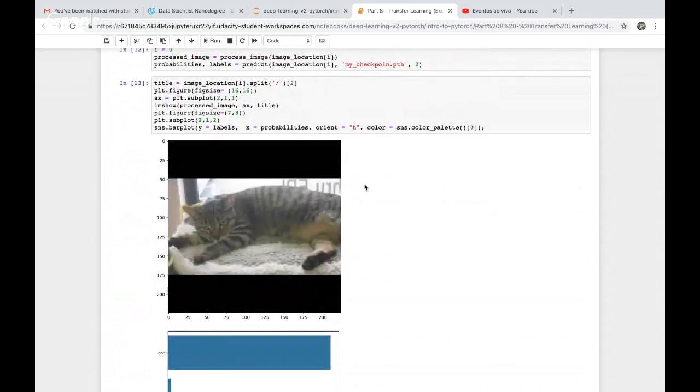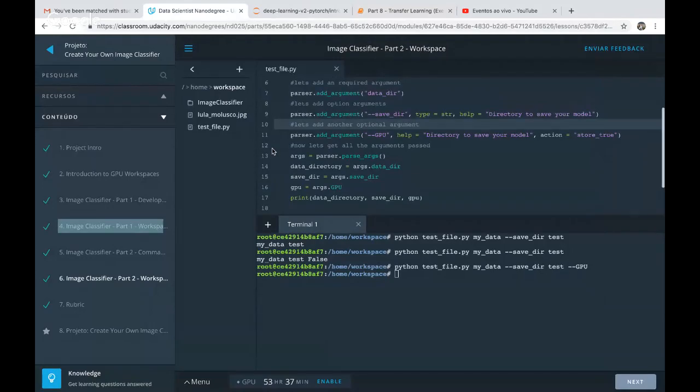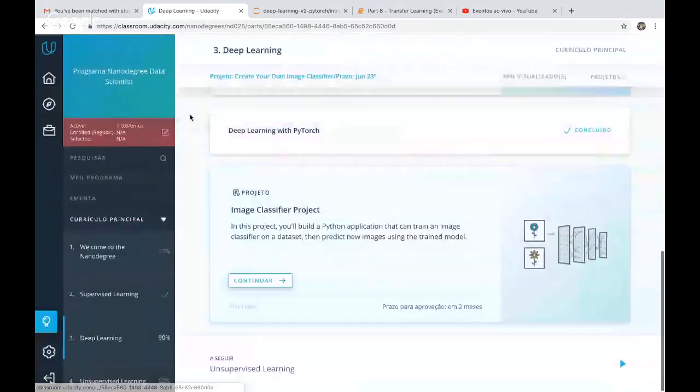Now we have to move on to the command line app, and we'll be doing this right now. So this is the environment for the command line app. At first, you'll see that there are two files open here, but there's nothing in them. That's because it's mandatory that you